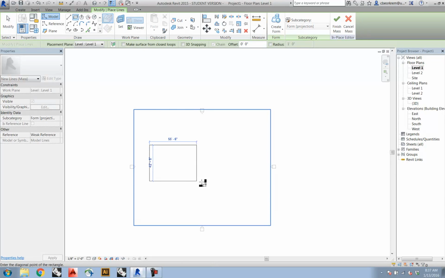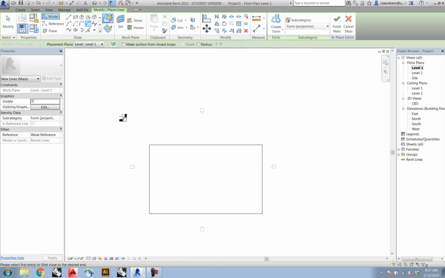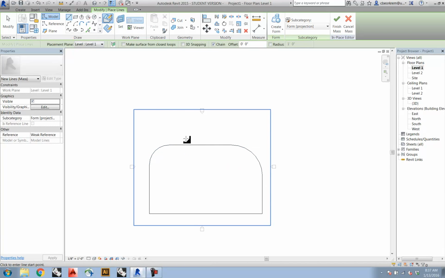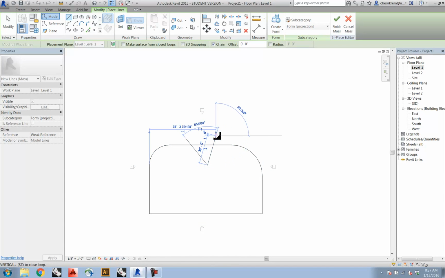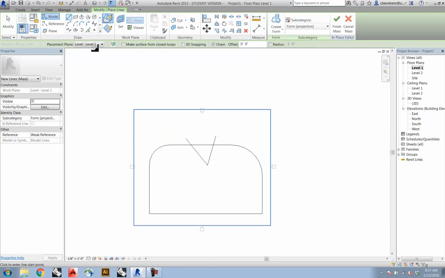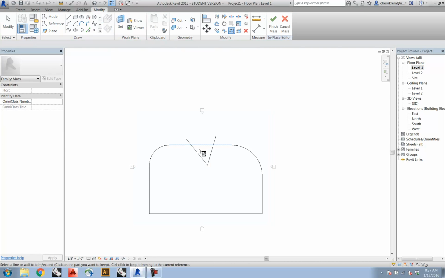I'm going to start off just by drawing a rectangle here on level 1, and then maybe filleting a couple of the corners. You can see as I do this, it's going to snap to relatively regular kinds of dimensions. And then I'm just going to draw a kind of wedge cut into this piece that I'm going to use the trim extend tools to actually